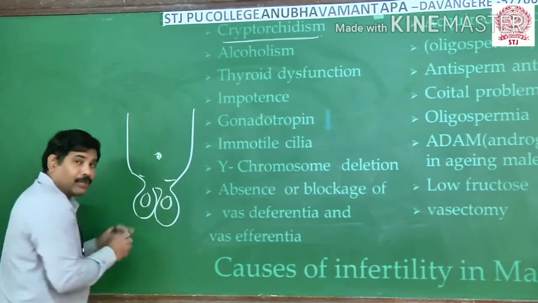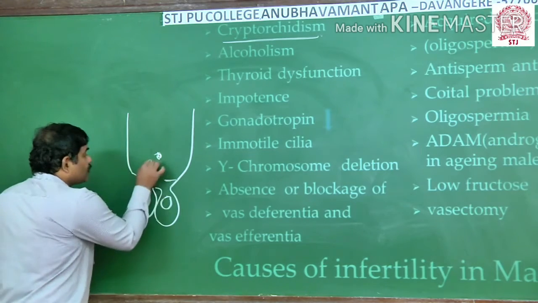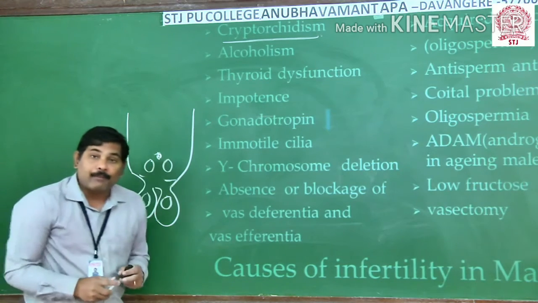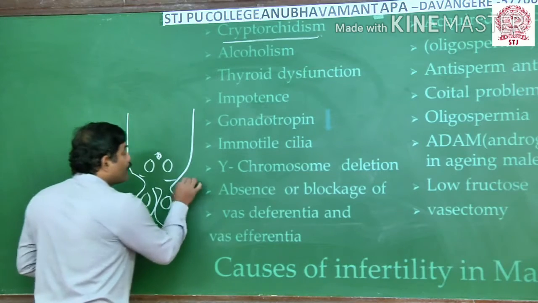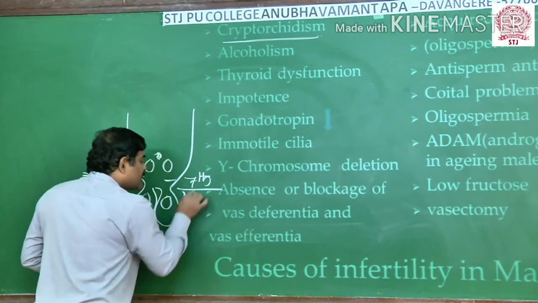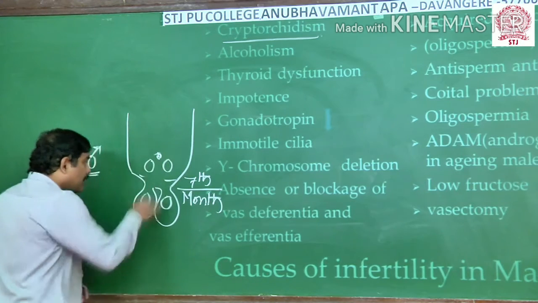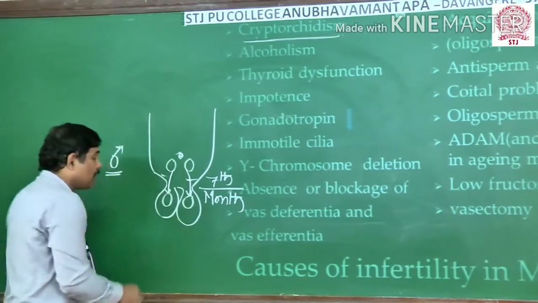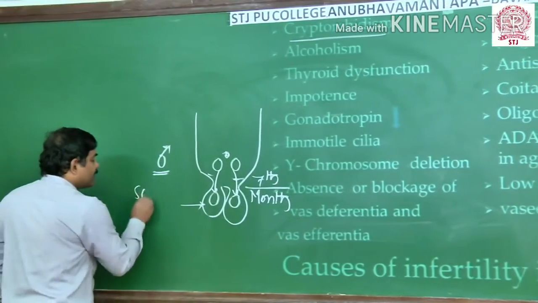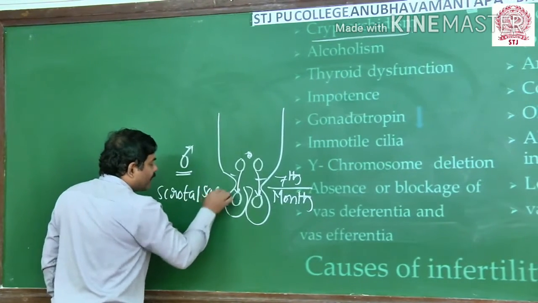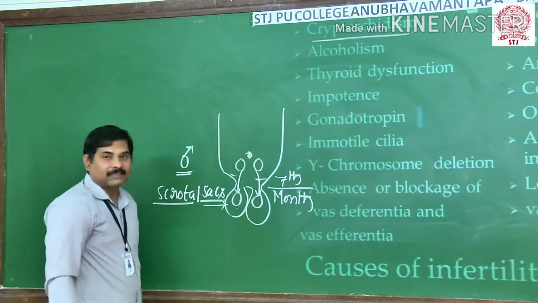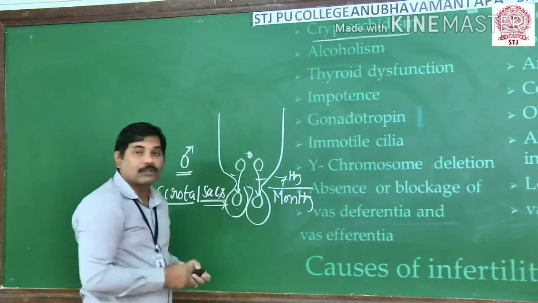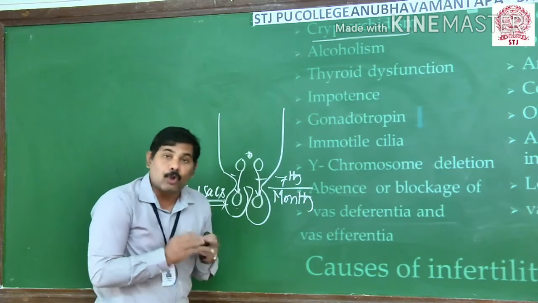At the embryonic development stage, the two testes are present in the abdomen of a male. During embryonic development, around the 7th month, these two testes generally descend, or travel down, to the two sacs known as scrotal sacs. They do descend to the scrotal sacs and remain there, and the basic intention behind descending is to maintain a low temperature.